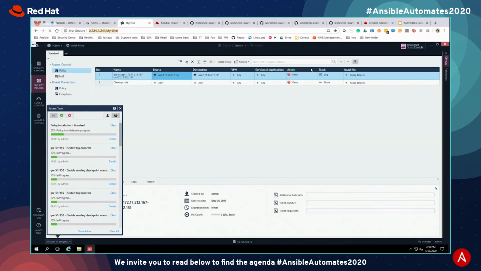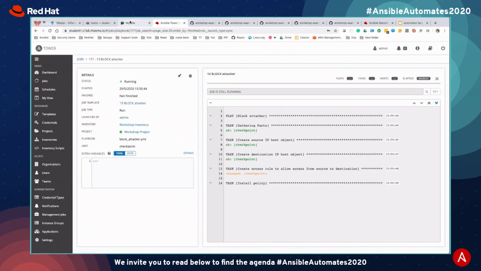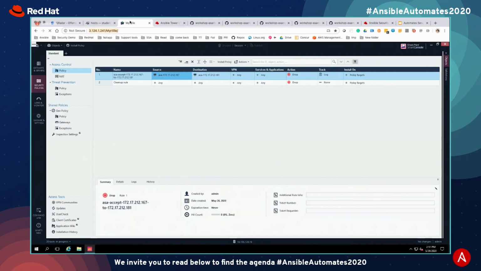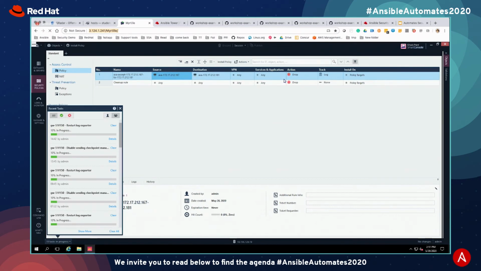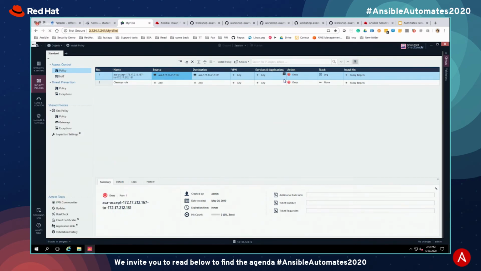Yep, that's running, and that's it. As you can see, that playbook is running, installing the policy, and blocking the firewall. So what you saw here is an end-to-end investigation to remediation that we have helped a security analyst to perform